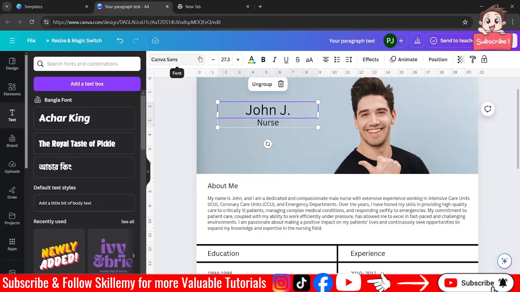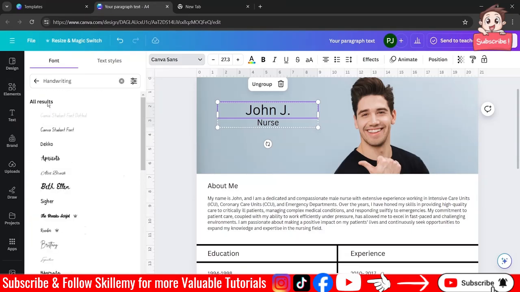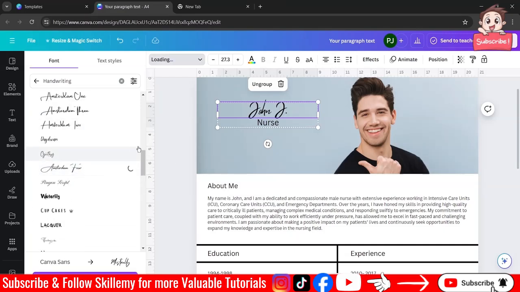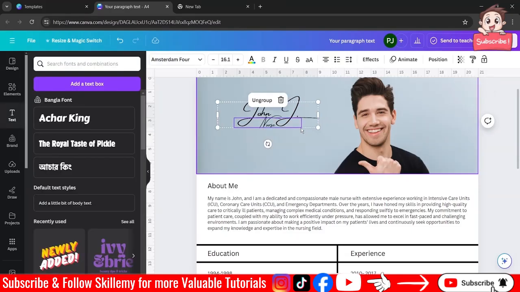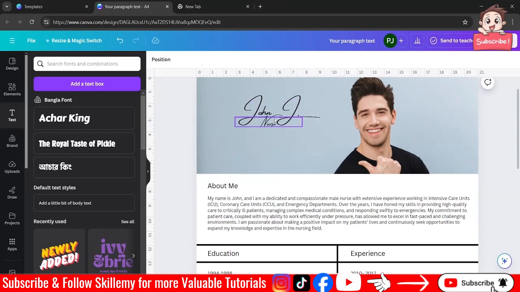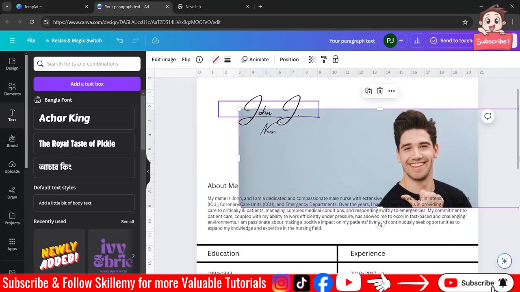And now let's go for the font section. So let's adjust the fonts over here. Let's go over to the handwriting. I'm going to take some handwriting over here. Let's use this one and try to see how does it look. We should check that it should be readable. If it is not readable, then we can just choose another font over here. This also we'll just take this one. Let's do ungrouping. Let's select this one and bring it down. Over here you can see.